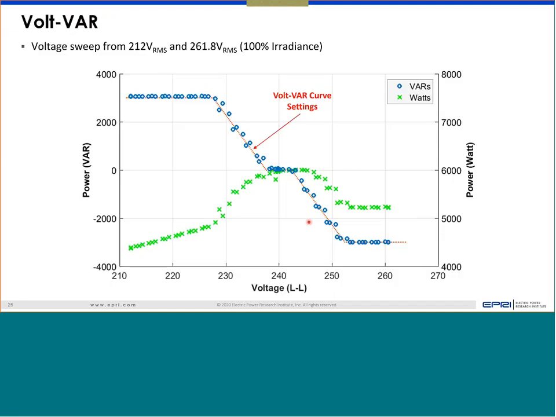Okay, so a few more examples. Maybe I can show a couple of examples. This is actually a test result of an inverter that we tested in the lab. What you are seeing is that this dotted line is the volt-var configuration that we configured in the inverter. These blue dots, circles are reactive power absorbed or injected by the inverter, and these green crosses are the active